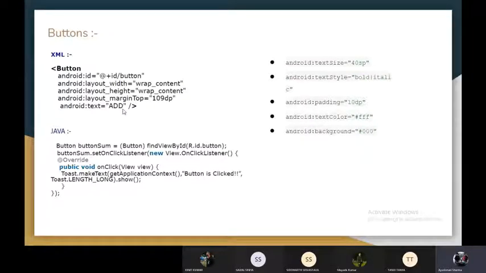This is the margin. As I have mentioned, margin differentiates the distance between that particular box that is containing the button and the screen section. Like here, the margin top defines that we have to set the height of 109 dp of that button box from the top of our screen.